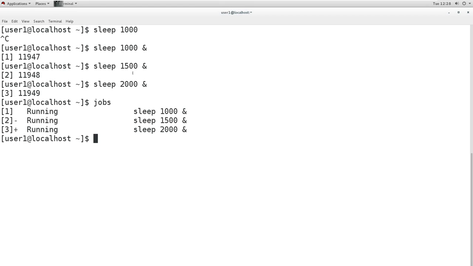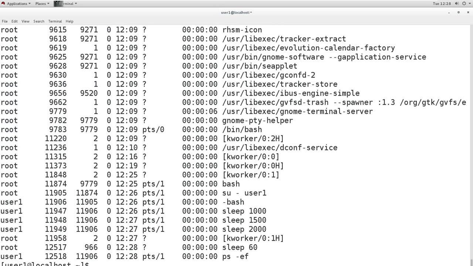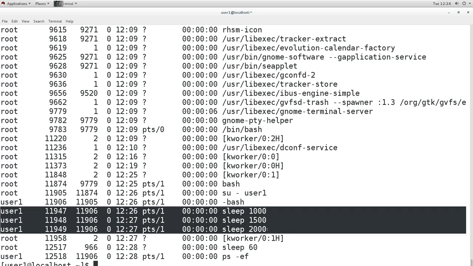We can see here these are run by user 1 and it is running here. Also we can check with the ps -ef command, and we can see that these processes are run by user 1, and I want to kill them. I don't remember the process ID, I just know the command pattern.